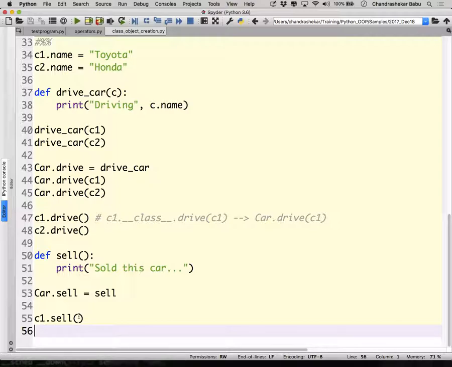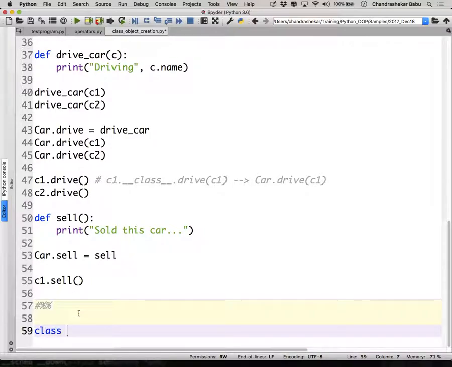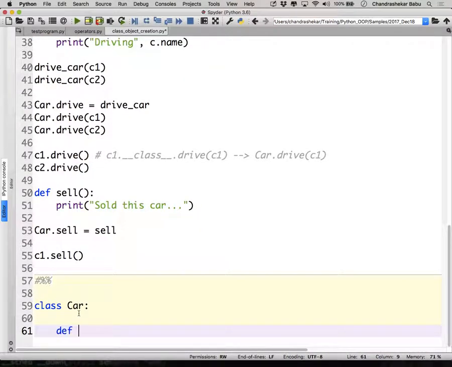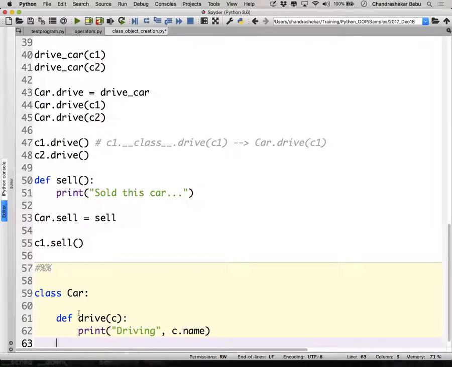Clear? Instead of creating the function outside a class and assigning it as a class attribute, you know how I could do it? I could have created a class like this. Class car, def drive of c, print driving c.name. What did I tell you about all definitions in a class body? They create class attributes. So car.drive is a class attribute that refers to a function object.